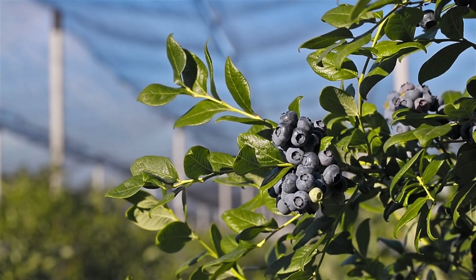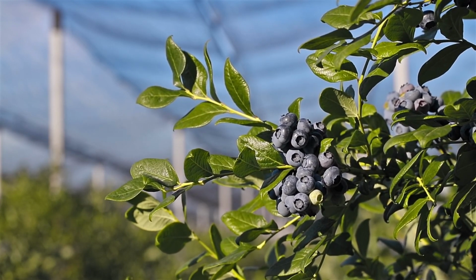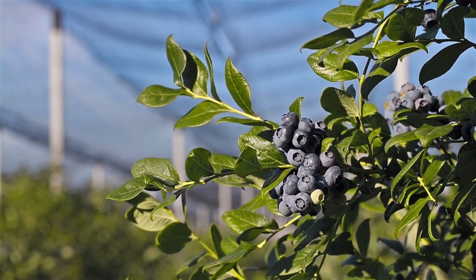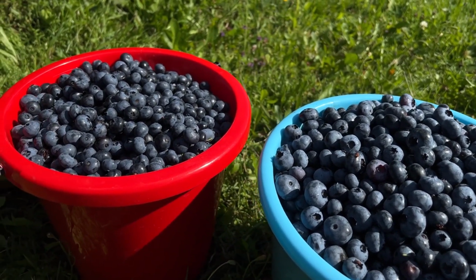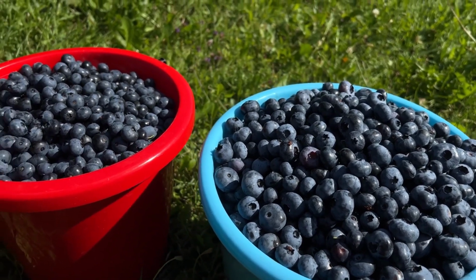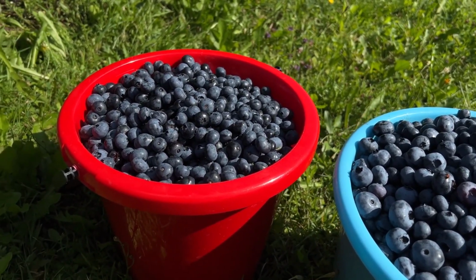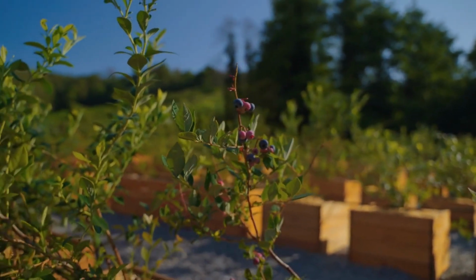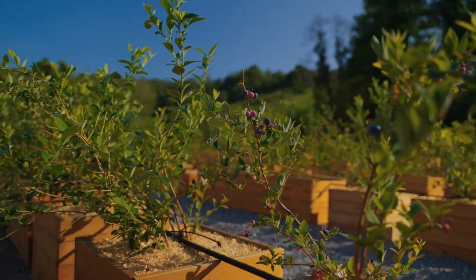Gardeners in cooler climates might opt for the northern high bush Blue Crop, celebrated not only for its adaptability to cold, but also for its consistent high yields and excellent berry quality. In contrast, those in milder southern locales might choose the southern high bush Emerald, known for its ability to thrive in less chill-intensive environments and still produce abundant, sweet berries early in the season. By selecting the right variety based on local climate and soil conditions, blueberry plants can flourish, leading to successful and